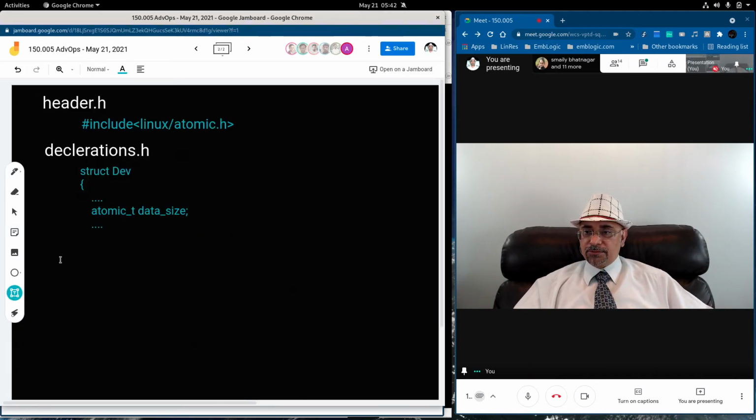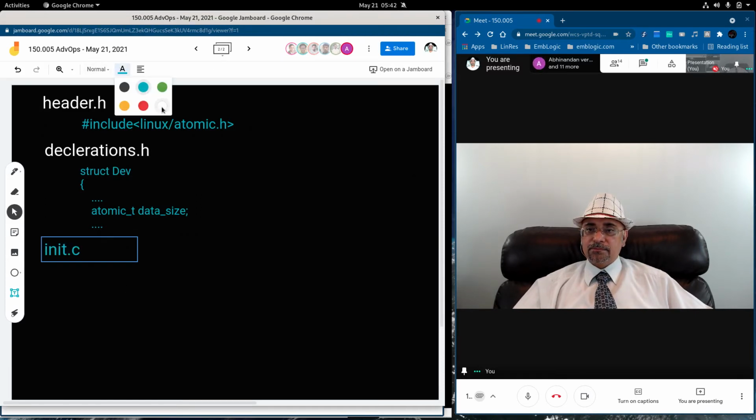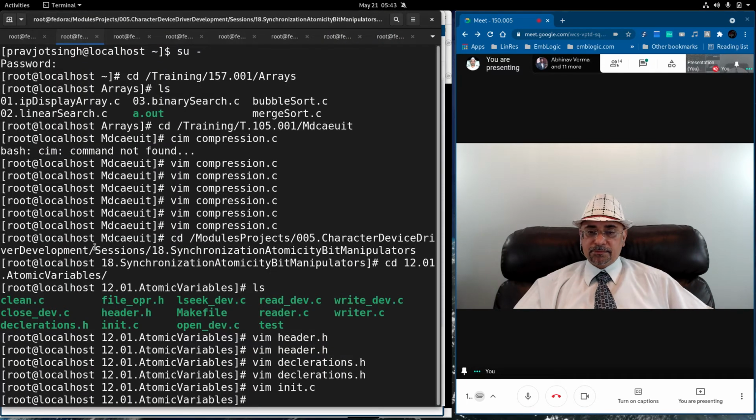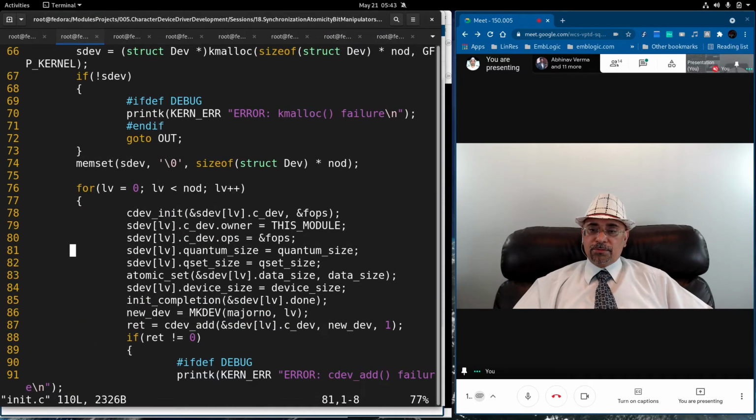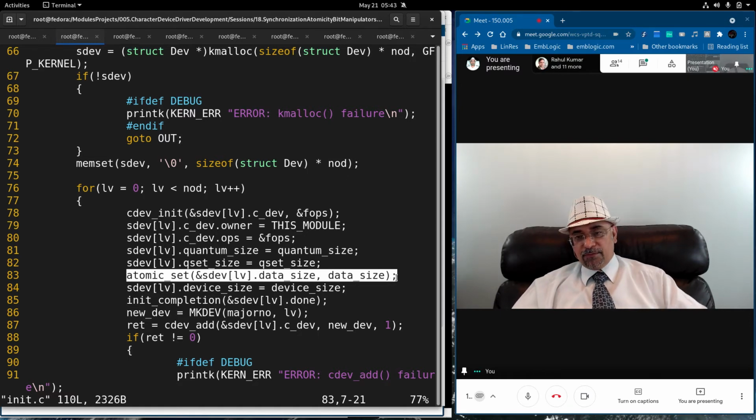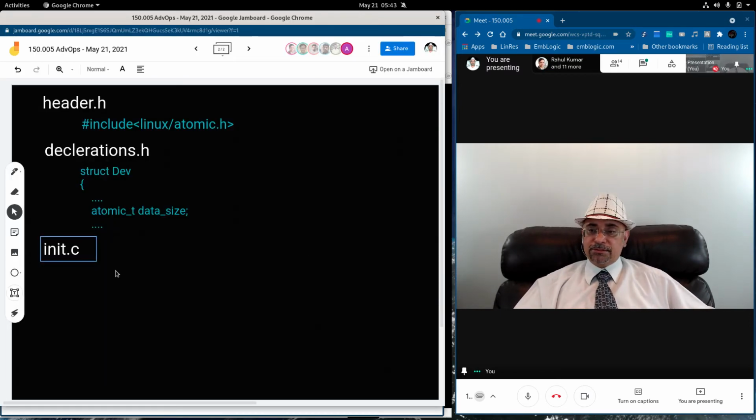In the init function, when you manipulate the data size inside struct dev, being assigned to the global variable data size, you must use atomic set. You can't use the assignment operator for assigning atomic variables. You always have to use the given macros.